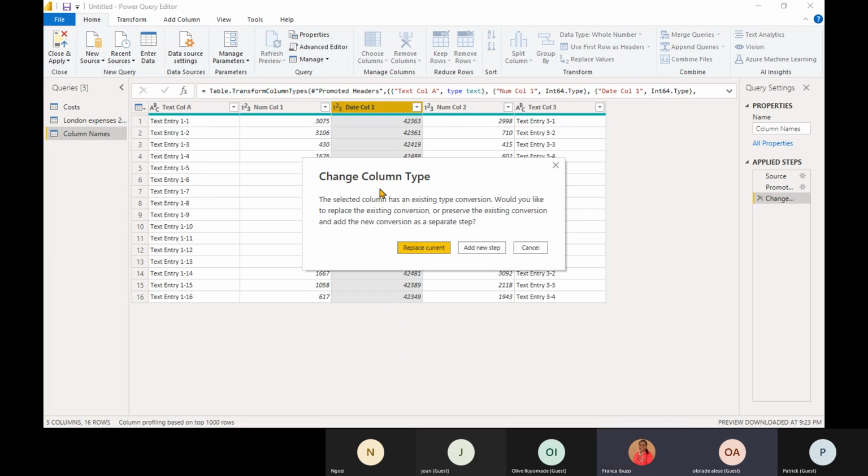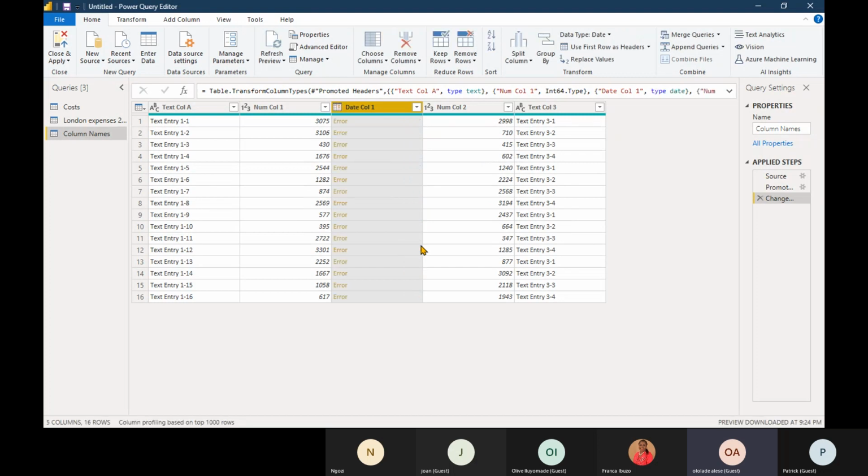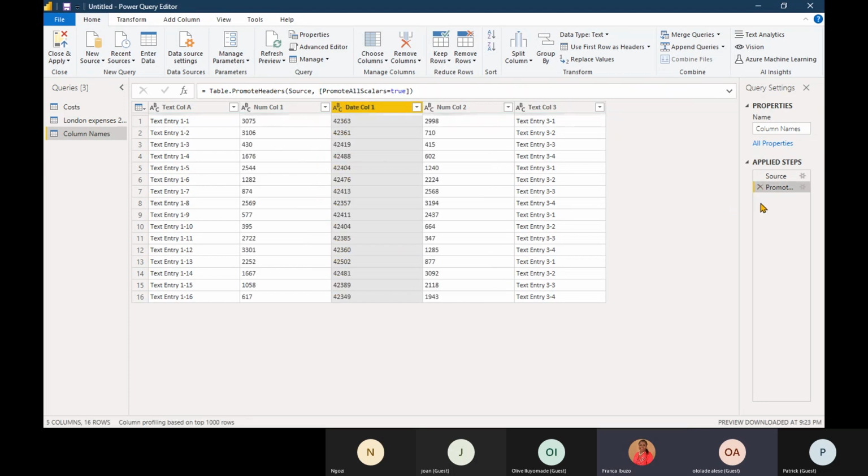Click on replace current. And you get errors. Why do you have errors? I don't know. I'll tell you. Can you get rid of the last applied step? At times it's good to get these errors so you understand. Okay, it's changed it